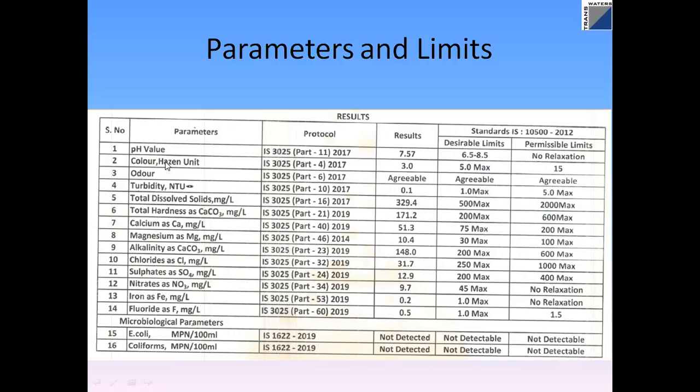Color is measured using Hazen units. Hazen units are basically a platinum cobalt liquid. So the clarity of the water is compared with that liquid. There is a detailed procedure. Kaveri water is generally less than 1, but in some areas we get 3, 4, up to 5 Hazen units. So color needs to be less than 5. It's measurable. Odor, again, there are standards to measure odor. It needs to be agreeable.